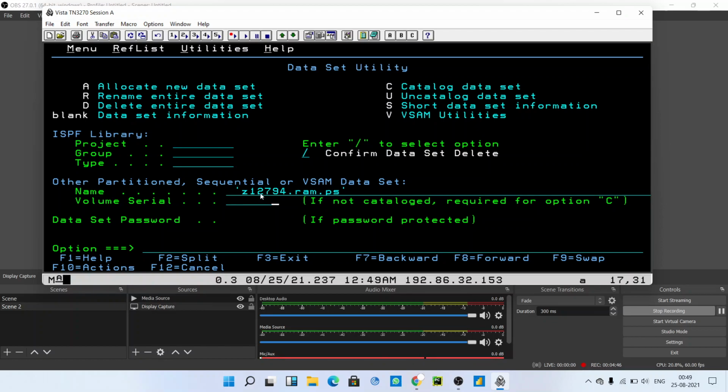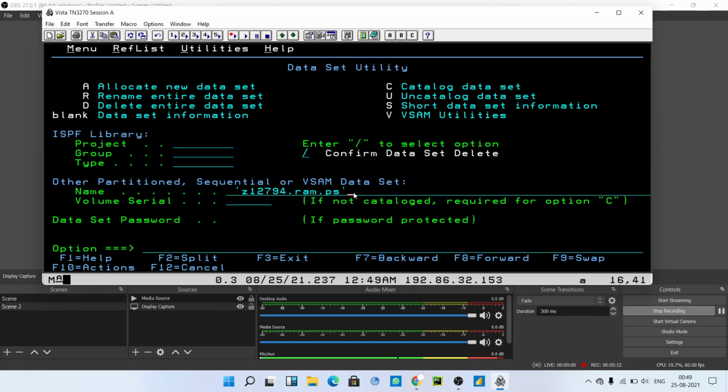You can use a maximum of 8 characters in one qualifier. This is the high level qualifier, and the rest of it is a low level qualifier. You can use 8 characters here, 8 characters here, and 8 characters here. It should not exceed the limit.